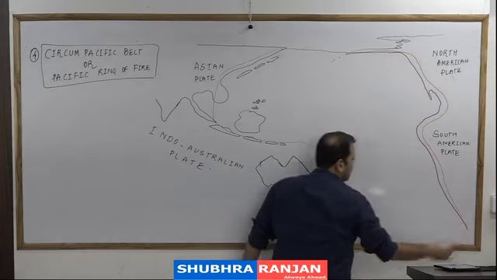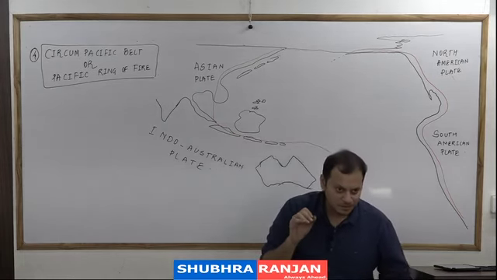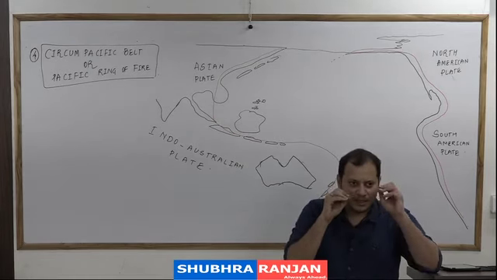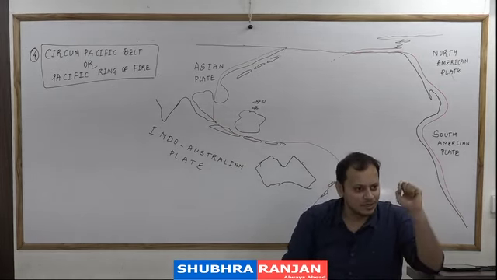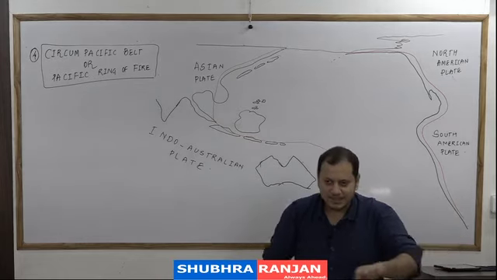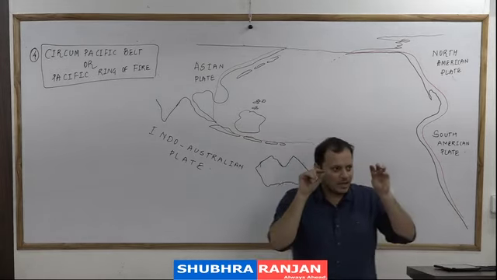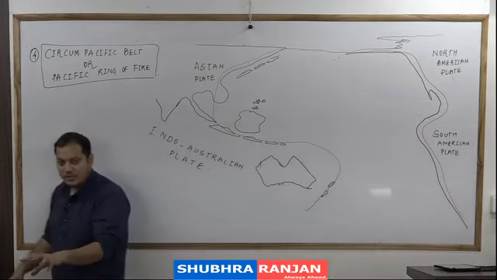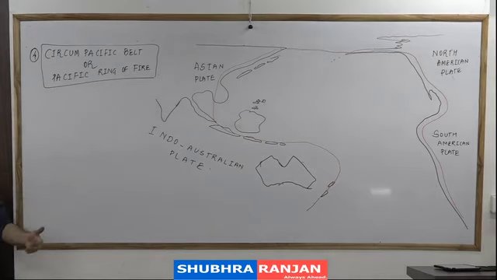This region has 60% of world's earthquakes and 60% of world's volcanoes. And whenever you look at this region, you will see that at least there is one volcanic eruption which is continuously going on. And that is why this is known as the Pacific Ring of Fire. This is the tectonically most active region of the world, having the largest concentration of active volcanoes and the earthquakes.